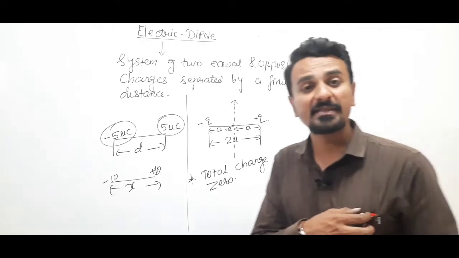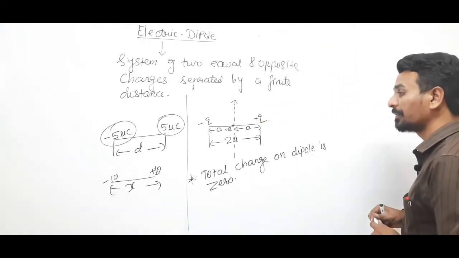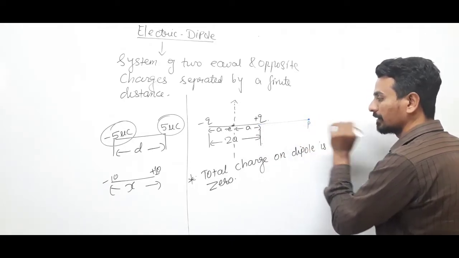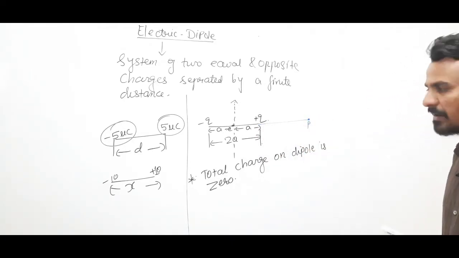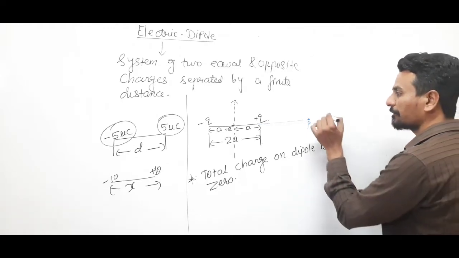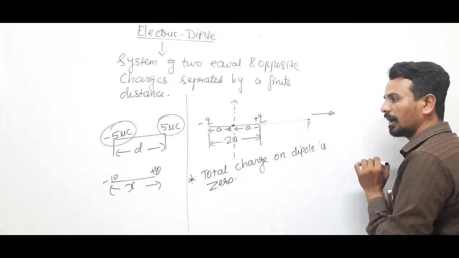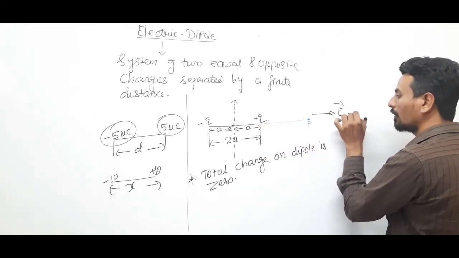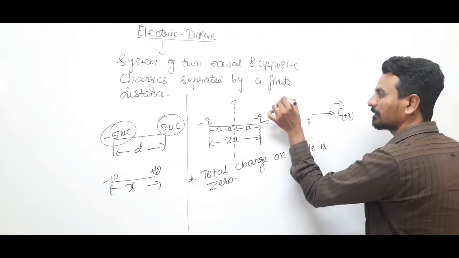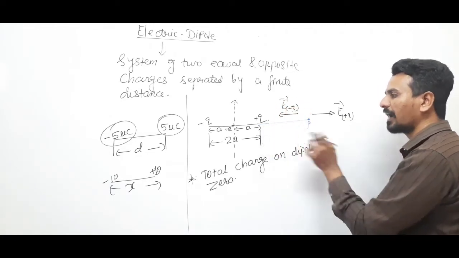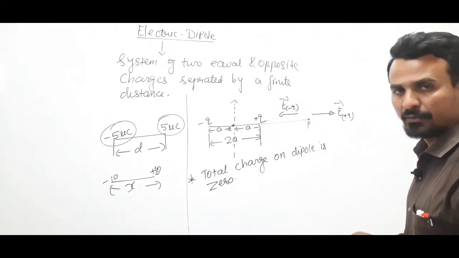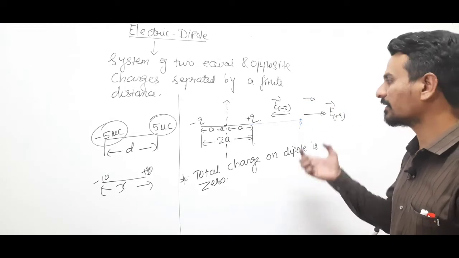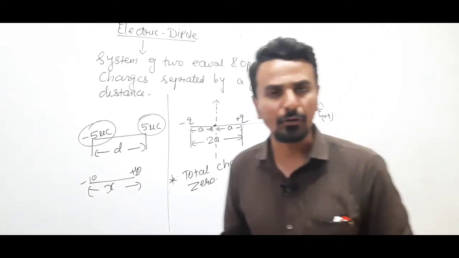Yes, even though the charge is 0, the electric field will be non-zero. Suppose due to this dipole, I want to calculate the electric field over here at a point P, right? For a positive charge, the electric field will be radially away from the point, and for a negative charge, the electric field will be towards itself. But since the positive charge is placed closer to the point P, the net electric field will be in this direction. Clear? These are the things we are going to discuss in today's lecture.